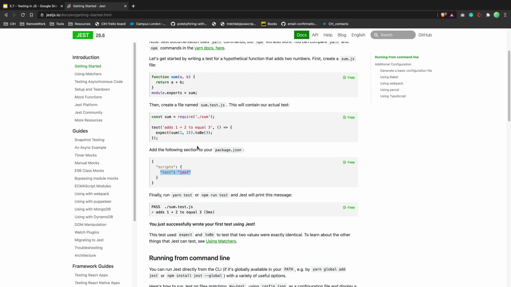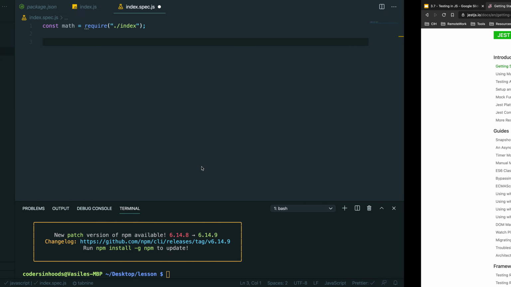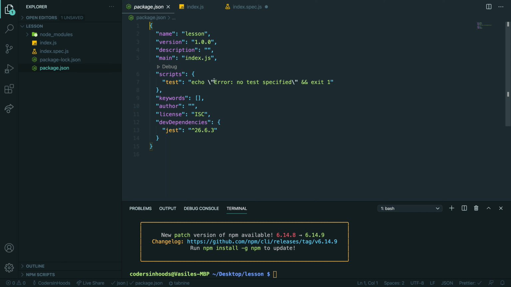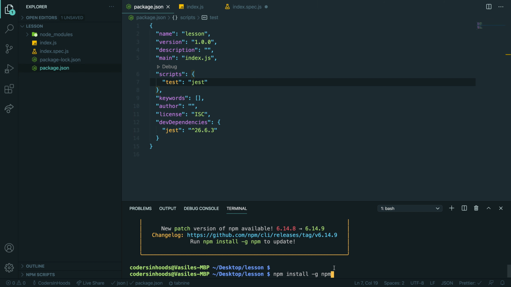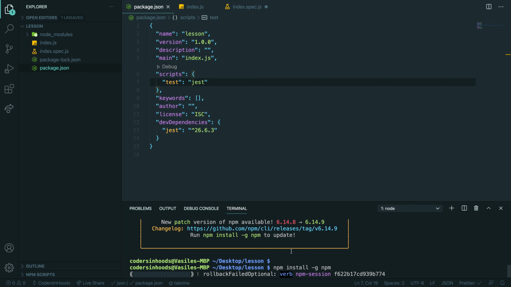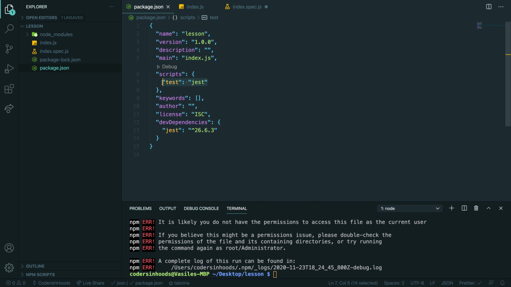The next thing is that you want to add scripts to run tests. In your package.json, you basically need to replace the test script with jest so you can run it. This is where the command comes from when you run npm run test. It's looking for the test script. That is why if I call it kitten, you need to run npm run kitten. So the name comes from here.